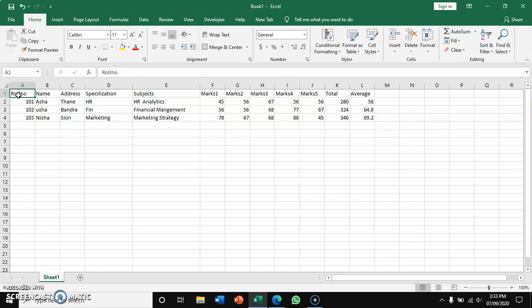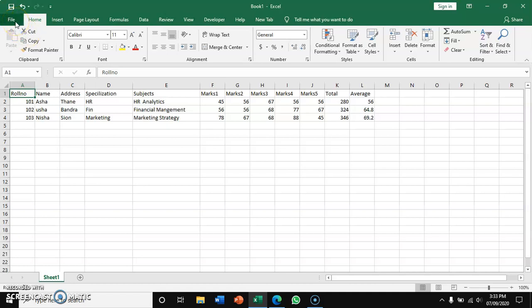Because of these problems, it is good to enter data in a form. To create a form, there are actually two ways. People either use VBA to create forms for entering data, but VBA requires some kind of coding. But if you want to create automatic forms, which doesn't require any kind of coding, then you can use a tool which is available in Excel.